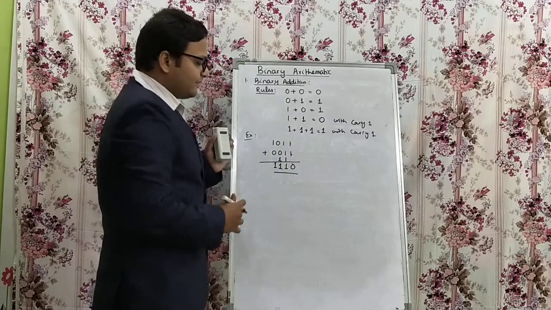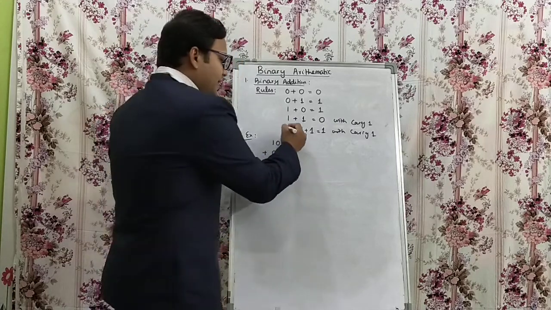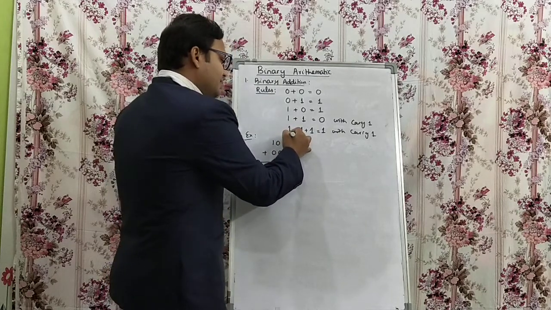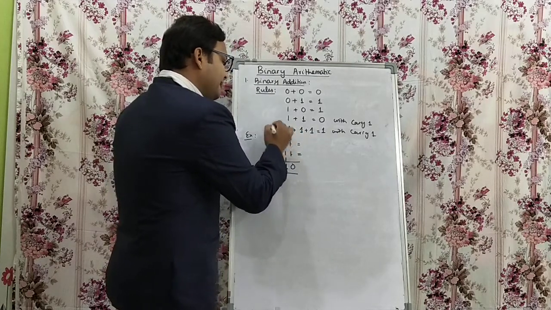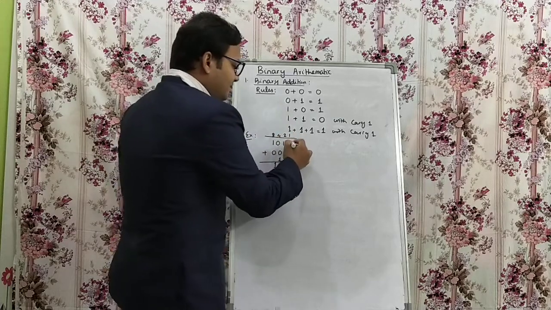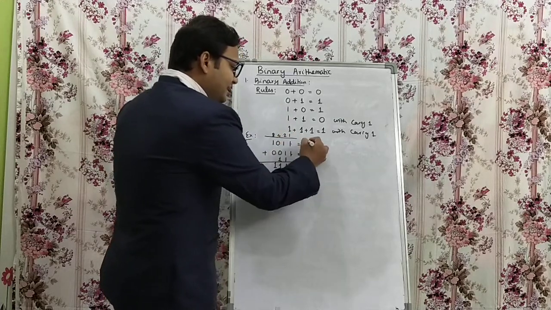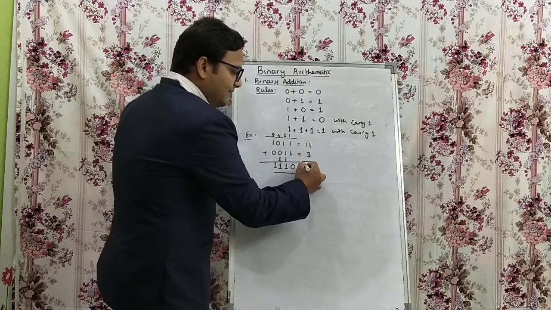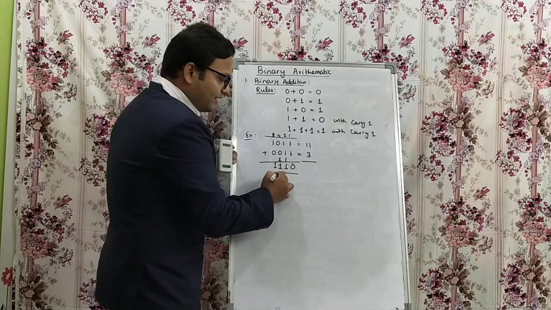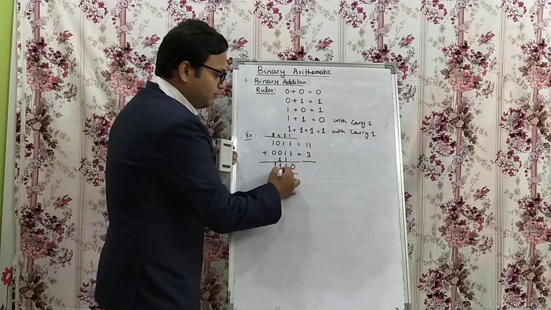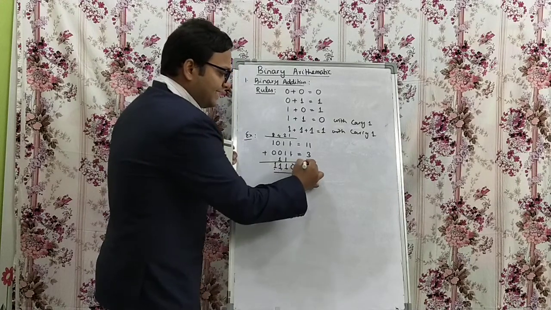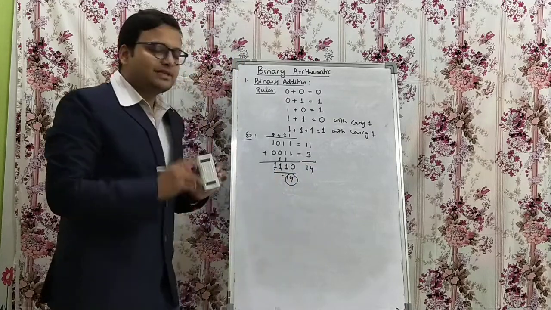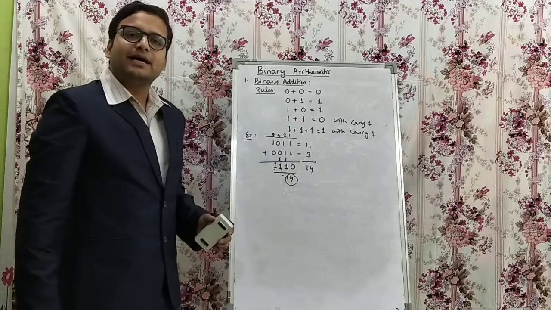So you can cross check whether it's correct or not. As you know, you can find the decimal value using the 1 2 4 8 weightage. So this is 11 plus 3. What is 11 plus 3? 14. Now you can check whether the result is 14 or not: 2 plus 4 is 6, plus 8 is 14. So you can see this is also 14. This is the way you can cross check your answer as well.